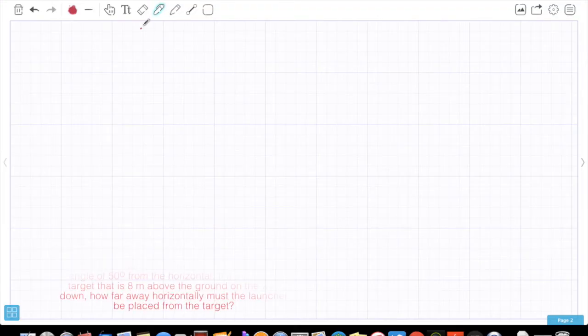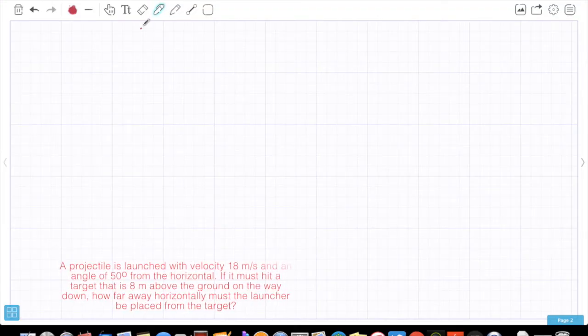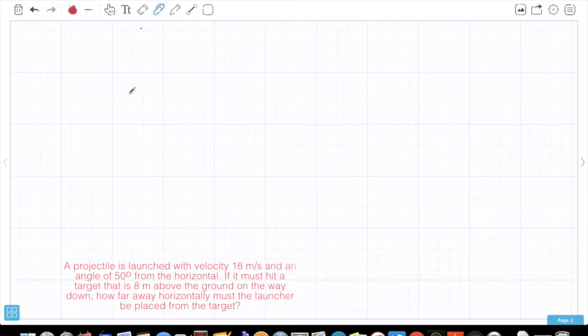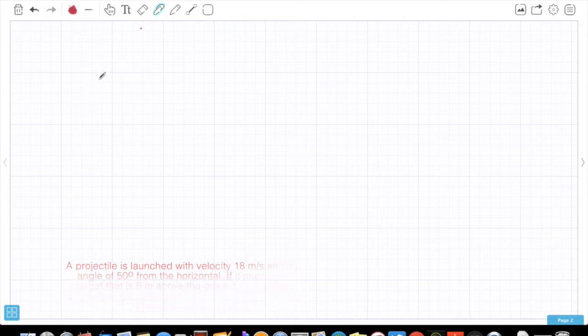Okay, in this particular question, I decided, unlike the other projectile questions, to provide some numbers, because with this last type of projectile question, it can get kind of messy if we're just working with variables. And I find it easier to work with the numbers in this case. So just to go over the question again, what we have is